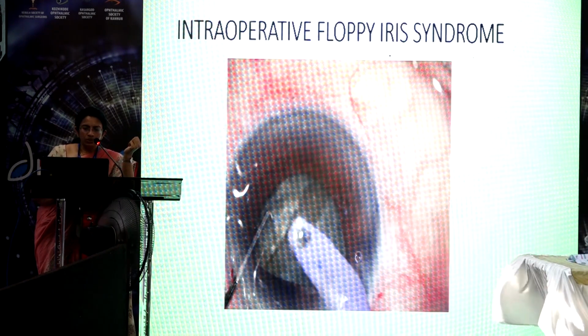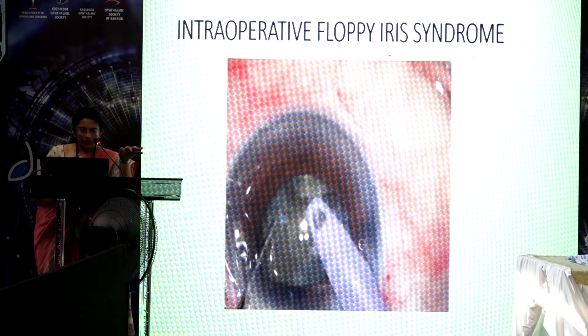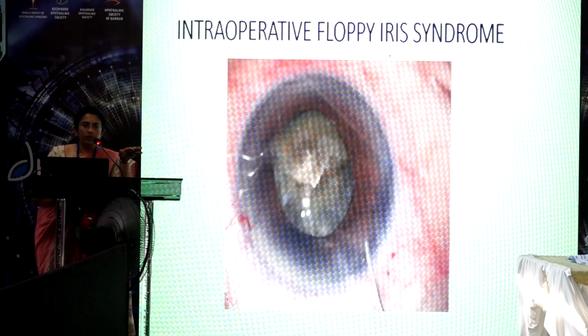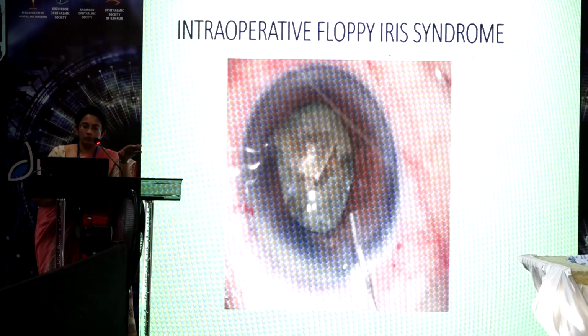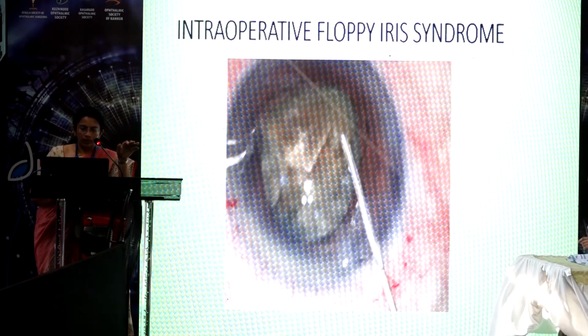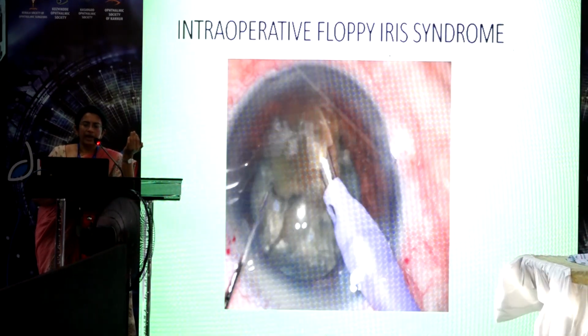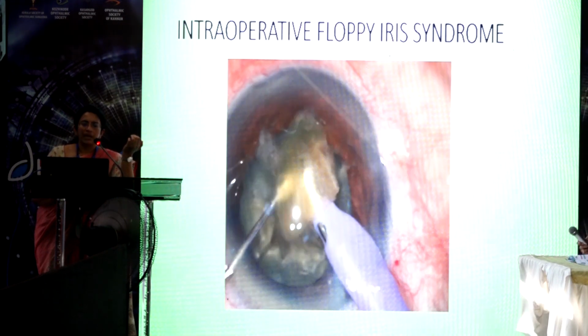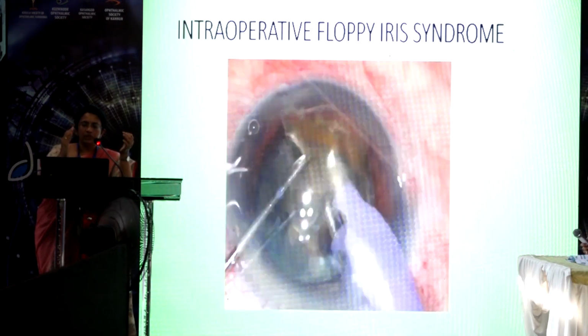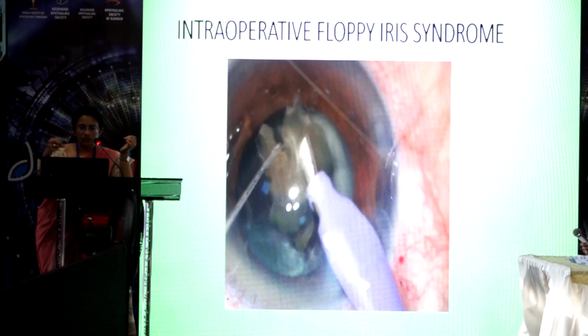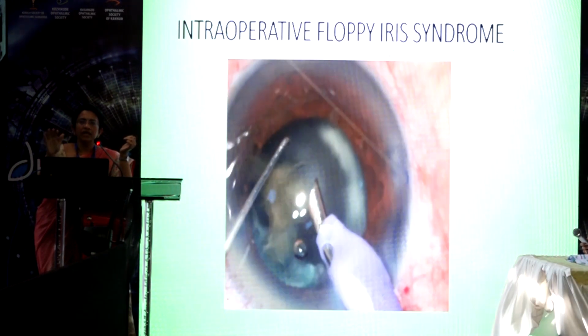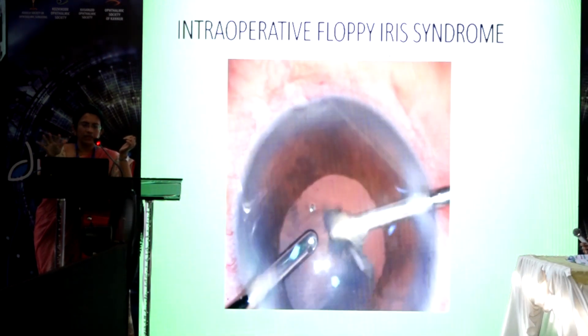So one important thing is you should operate at the low phaco parameters, that is low IOP if it is active fluidics, or low bottle height and low aspiration flow rate. Then another thing is, when you are doing phaco, you are doing it in the slightly anterior plane, that is the supracapsular plane, and you should chop the nucleus into multiple small pieces so that it will be easy to emulsify, and carry emulsification in a slightly anterior plane, that is in the supracapsular